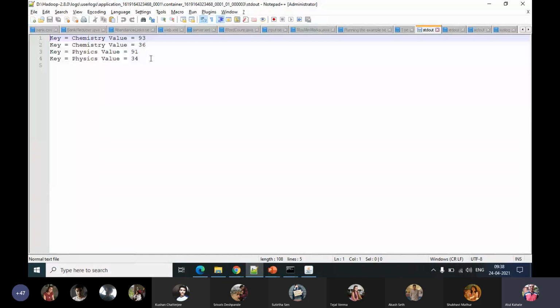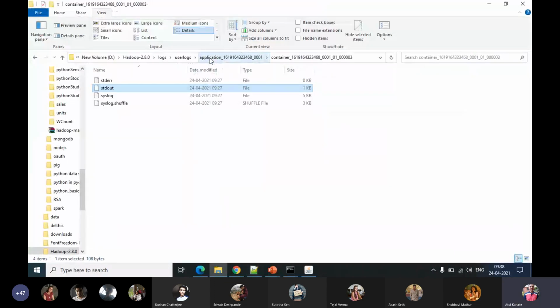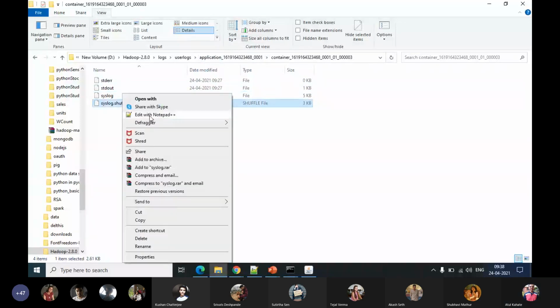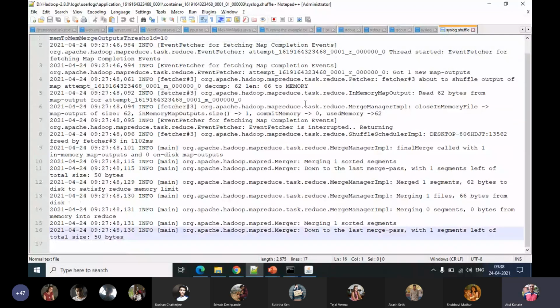So as we can see, it goes through intermediate steps like sort, shuffle, combine, and then reduce. So here it also has a shuffle file, where it is merging, sorting, combining, shuffling. We don't see all of this. This is handled by Hadoop.